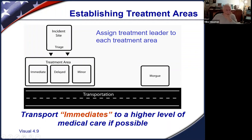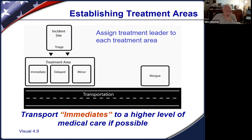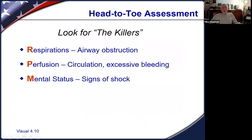Naturally, we want to transport immediates to a higher level of medical care, but that may be the immediate and the treatment area that we establish. It depends on how severe the emergency is. Okay, here we go. RPM. If we do triage, we're not going to be transporting. We want to get through triage so we can do the greatest good for the greatest number of people. We want to reach those people maybe later in our triage